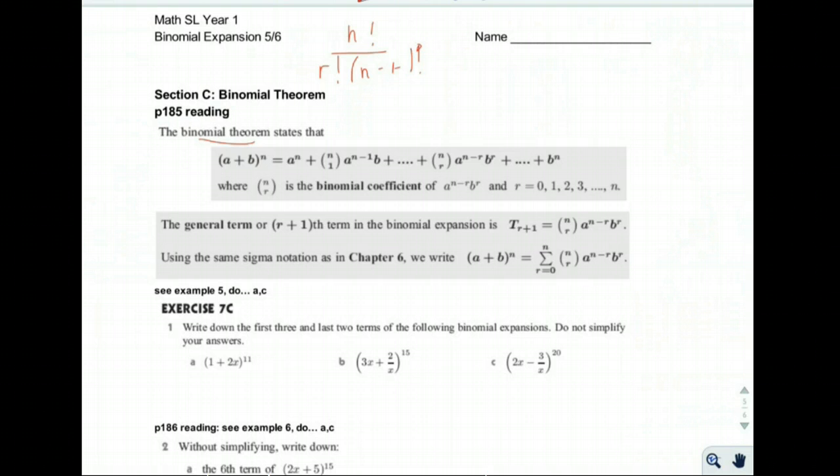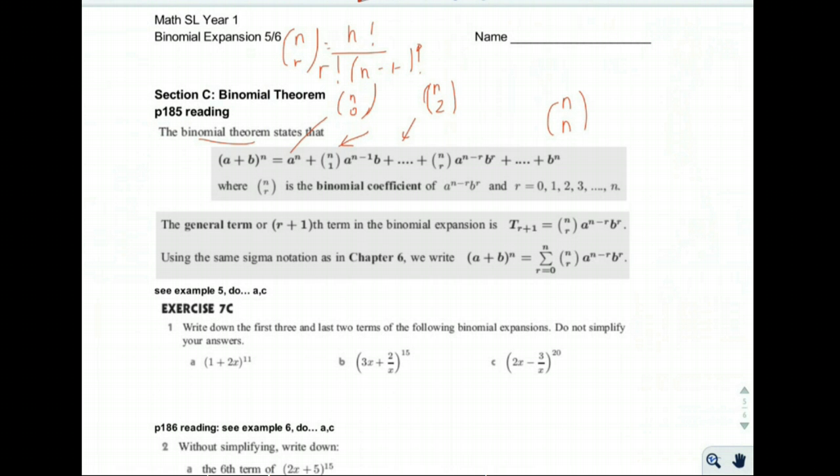So, for example, remember the notation for this is n choose r. The first coefficient can be written as n choose 0. The second coefficient is n choose 1. The third coefficient is n choose 2. Do you see it's off by 1? The third coefficient has r equals 2. And the last coefficient is